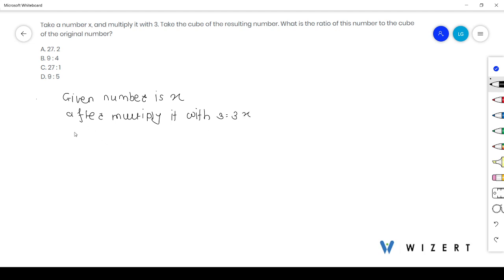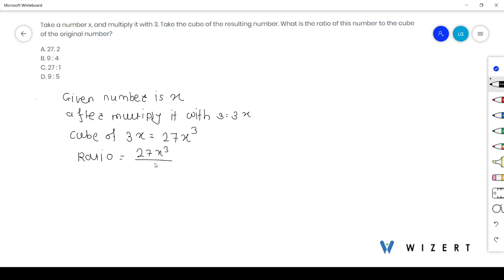Now, cube of the resulting number, that is cube of 3x, is 27x cube. So the ratio of the number, 27x cube, to the